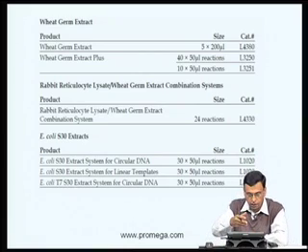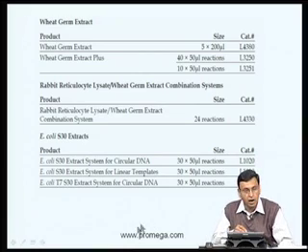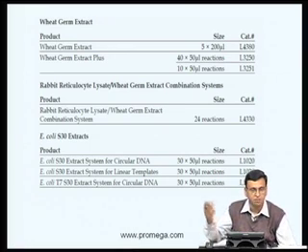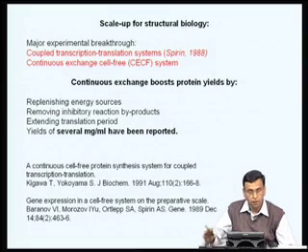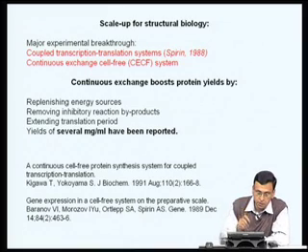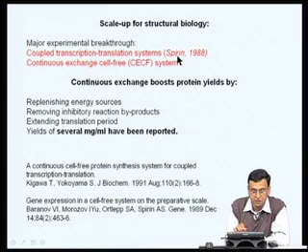A number of commercial extracts are available, for example, Promega cells, all these E. coli cell-free systems, rabbit reticulocyte lysates, as well as wheat germ extracts. You can simply buy these cell-free systems and simply put your RNA of interest there, and you can get your protein of interest. Two important breakthroughs occurred in the cell-free expression systems for mammalian systems. One is called a coupled transcription translation system, and the other is called a continuous exchange cell-free system, or